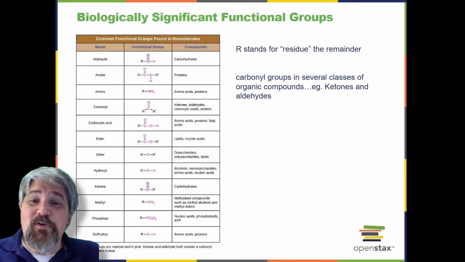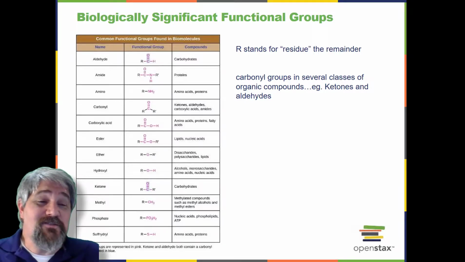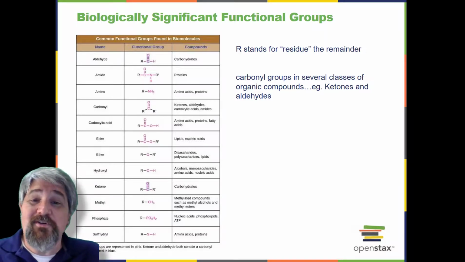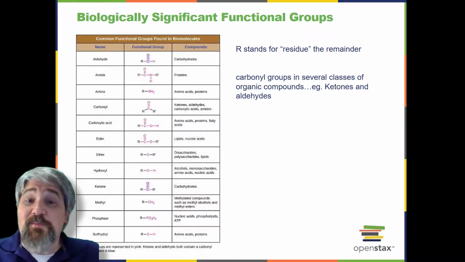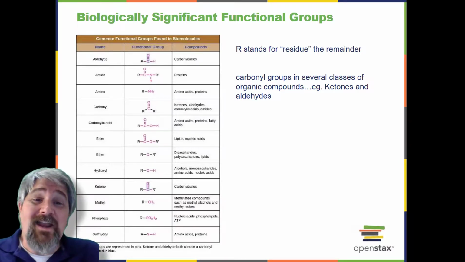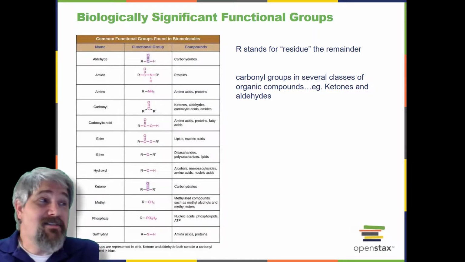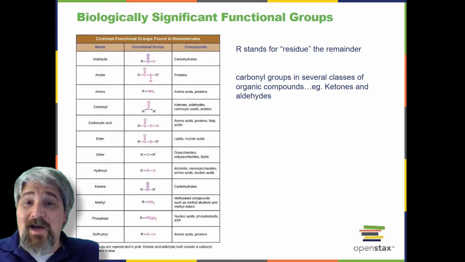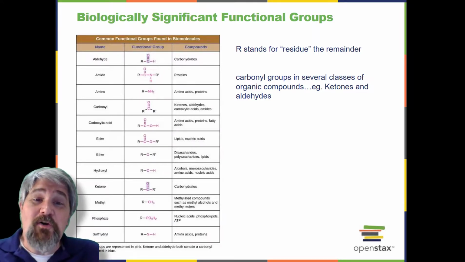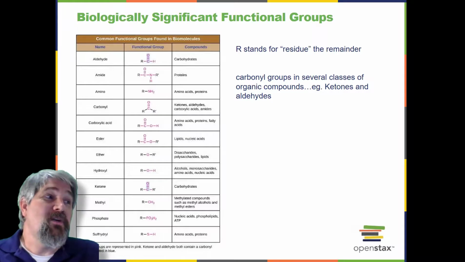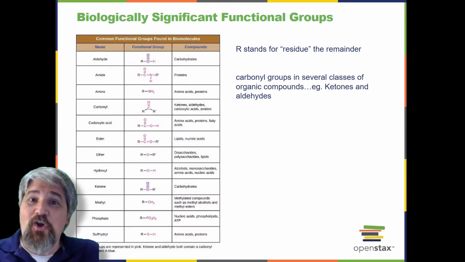Notice that some functional groups are relatively simple, consisting of just one or two atoms, while some comprise two of these simpler functional groups. For example, a carbonyl group is a functional group composed of a carbon atom double bonded to an oxygen atom. It is present in several classes of organic compounds as part of larger functional groups such as ketones, aldehydes, carboxylic acid, and amides. In ketones, the carbonyl is represented as an internal group, whereas in aldehydes it is a terminal group.